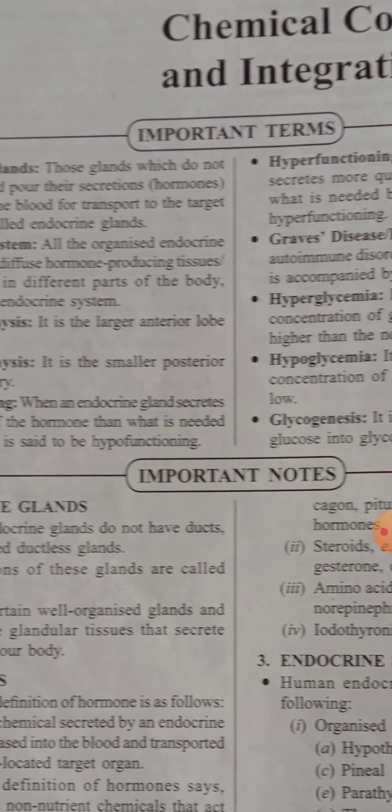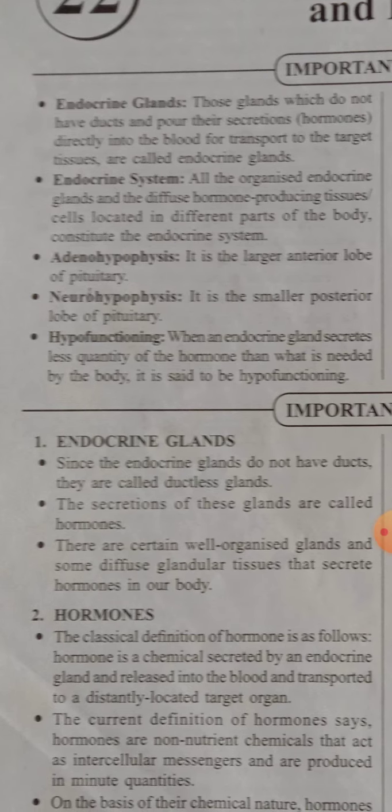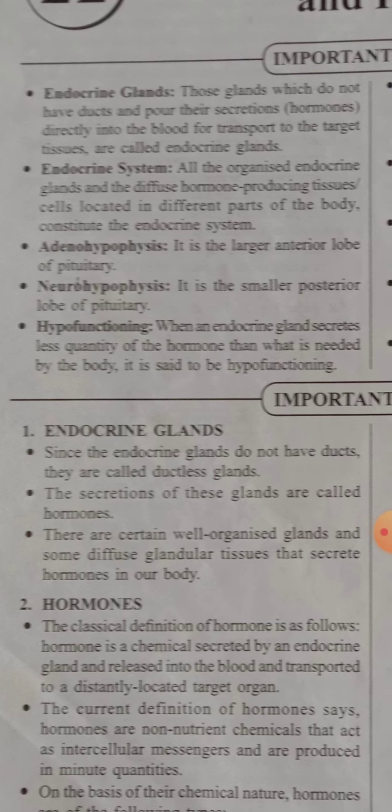Next, we will start our topics. First, the endocrine gland. Generally we already know that the glands which do not bear ducts or tube-like structures are called endocrine glands, and their secretions are known as hormones. In our body systems, or in mammals or higher animals, or the most developed mammals, human beings, there is a well developed endocrine system which bears different well organized glands and their glandular secretions, that is known as